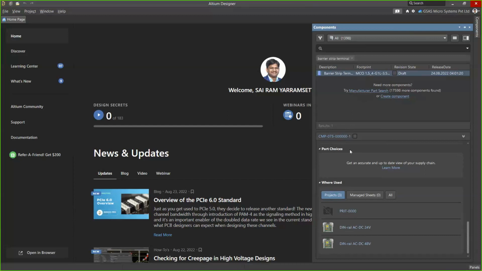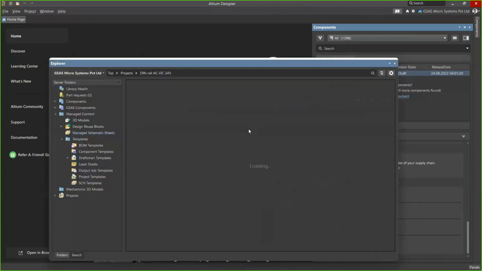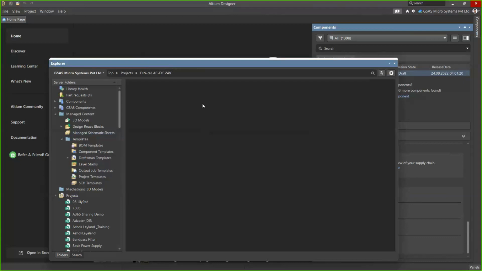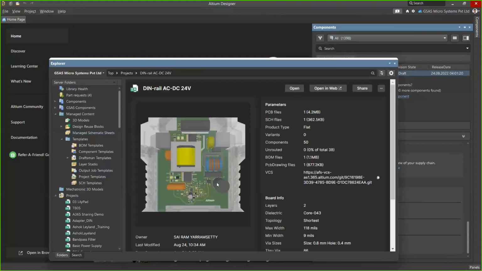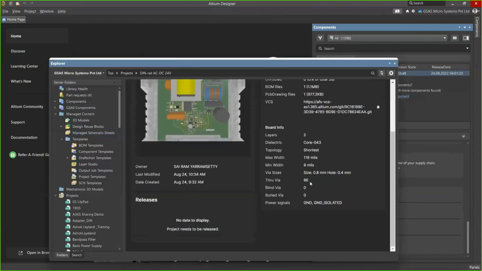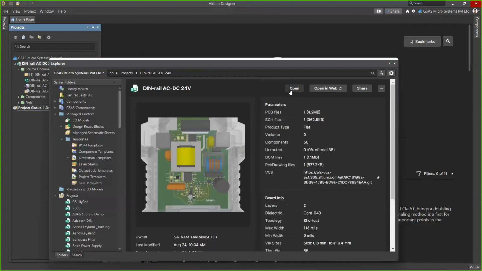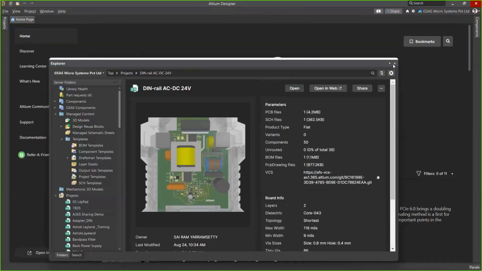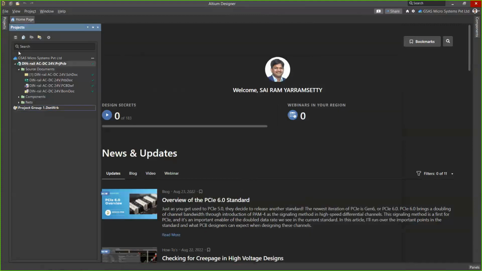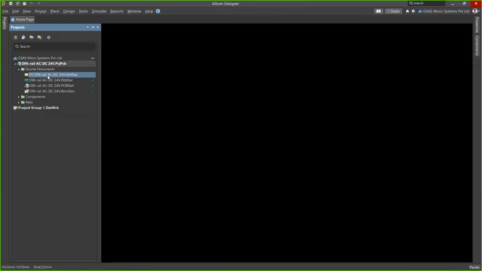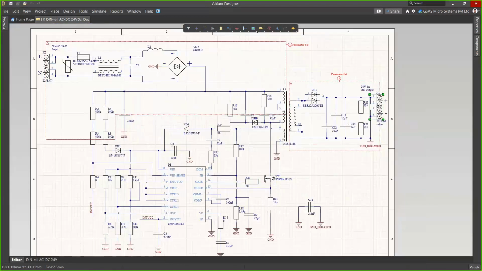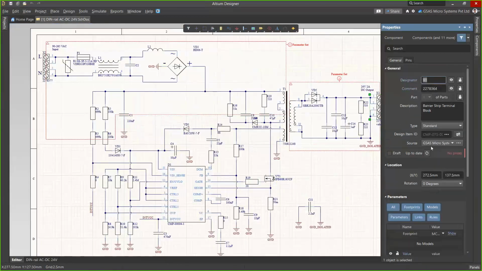If I want to reuse the circuitry of this connector, just click on this DIN rail. It will open the Explorer panel and show the product information and when it was committed. You can see the detailed information here. If you click on Open in Altium Designer, it will open directly inside Altium Designer, and I can quickly go to this particular circuit. This is the connector which I have preferred, barrier strip